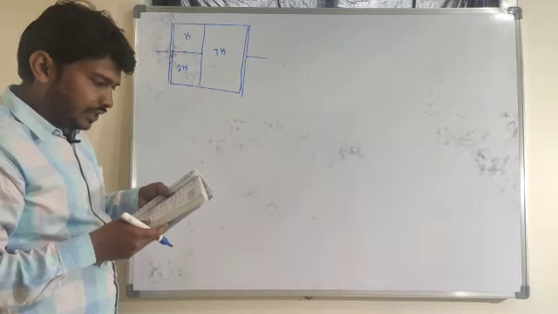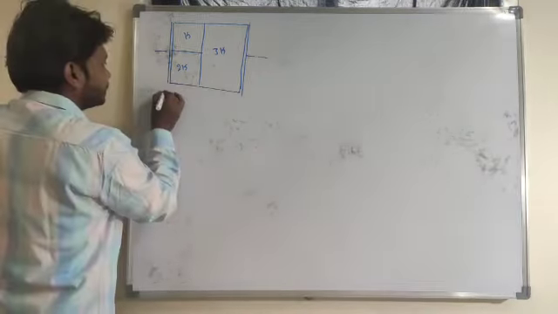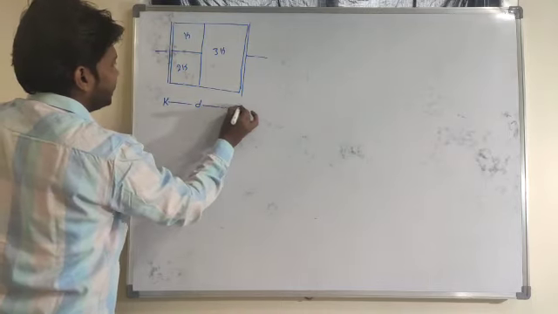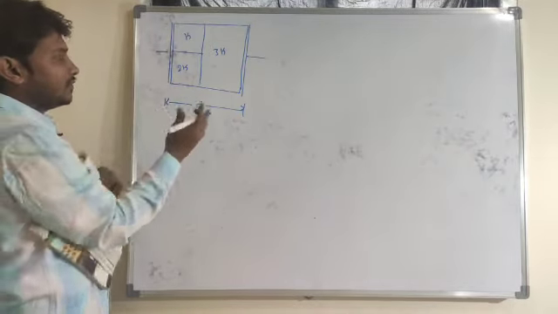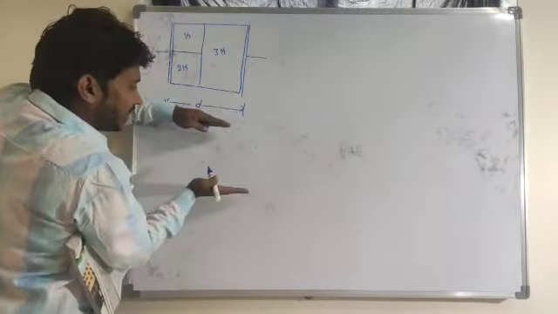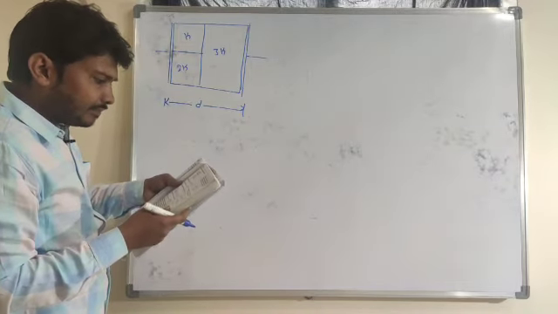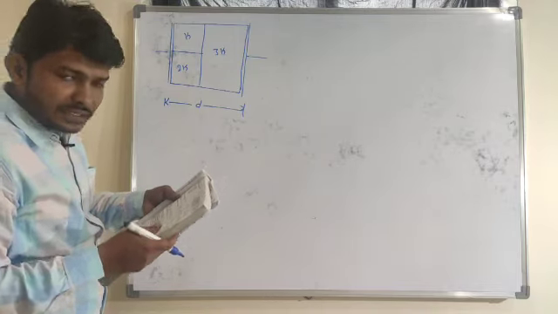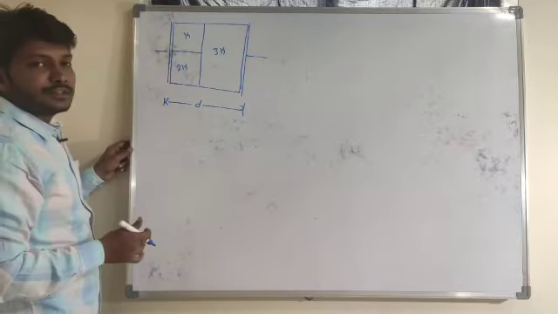Let me read the question here. Separation between the plates of the capacitor is D here. So look at here, separation is D. This is also parallel, so this also acts as a parallel plate. Separation between the plates of the capacitor is D. Find the equivalent capacitance between the plates. Which thing do I need to determine here? Equivalent capacitance between the plates.